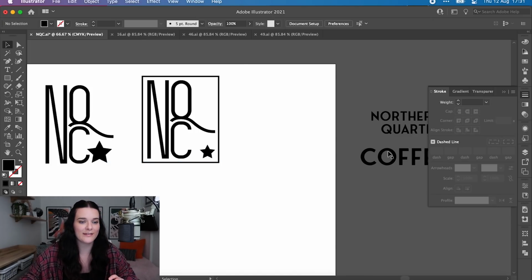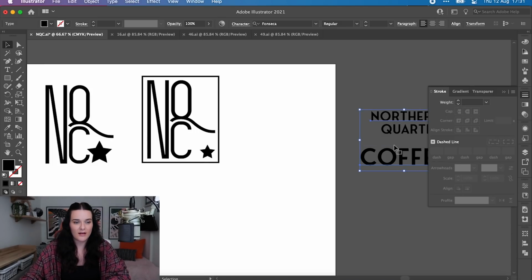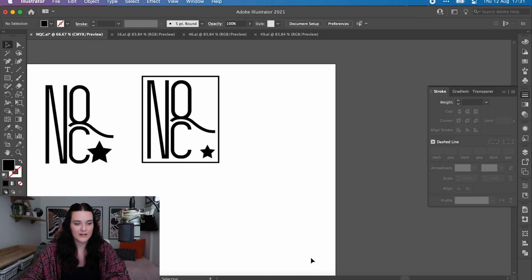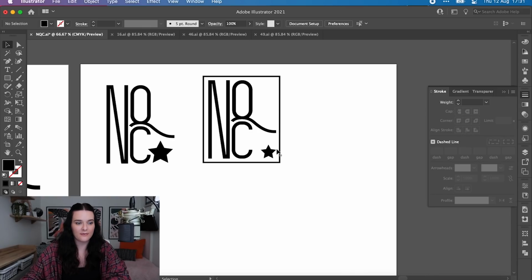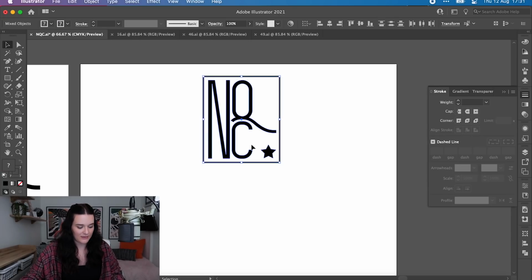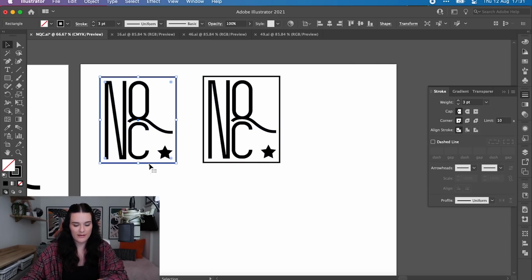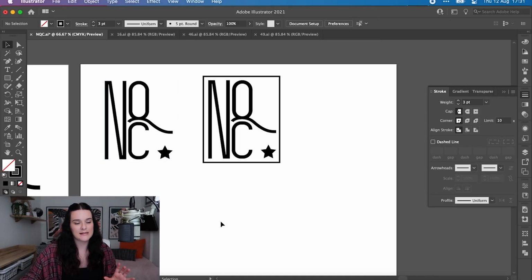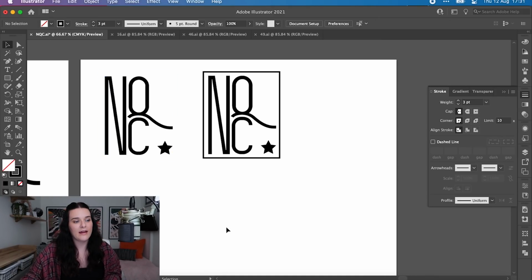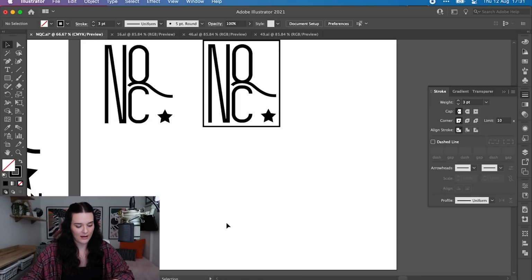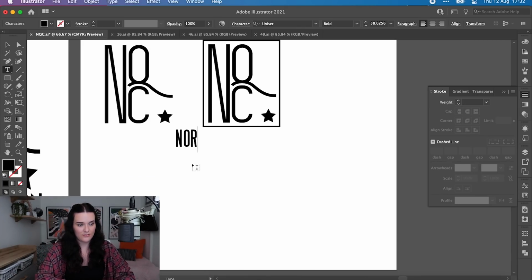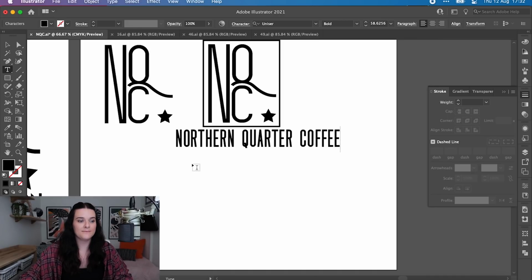Still not loving it, you know, there's something not quite right. Okay, let's go back to the drawing board. So I really like it with the little star in the corner like this. So let's get rid of this. I'm going to copy this over here and I'm going to do it without the square. See how I think about that. And then I'm going to just write down here, Northern Quarter Coffee,